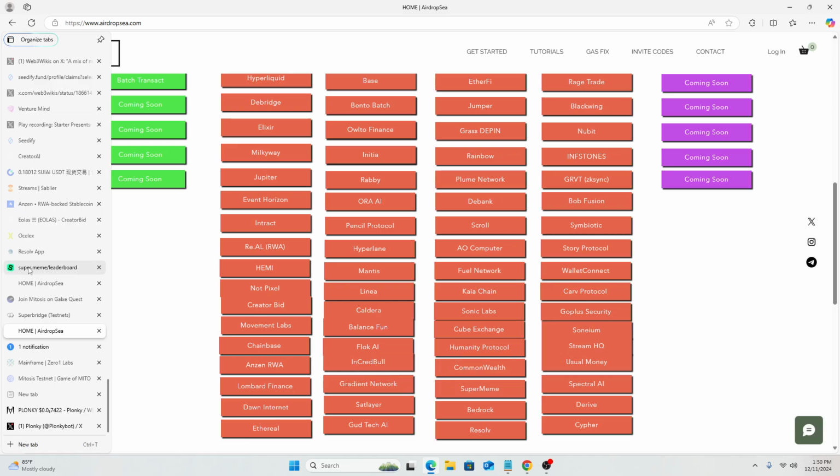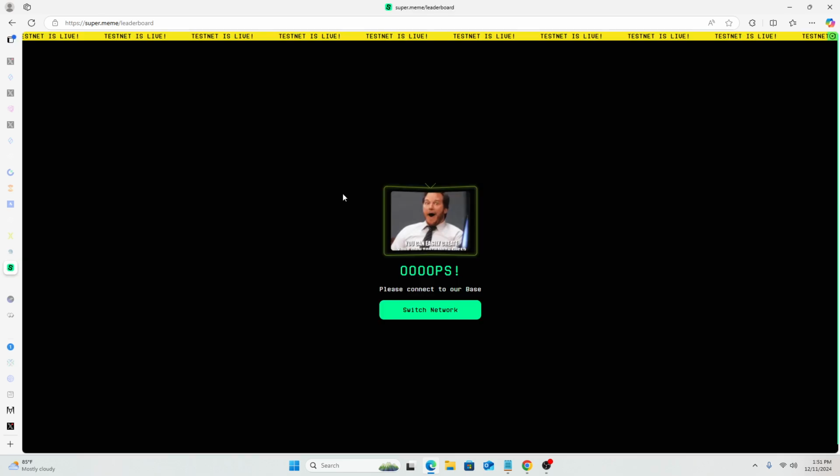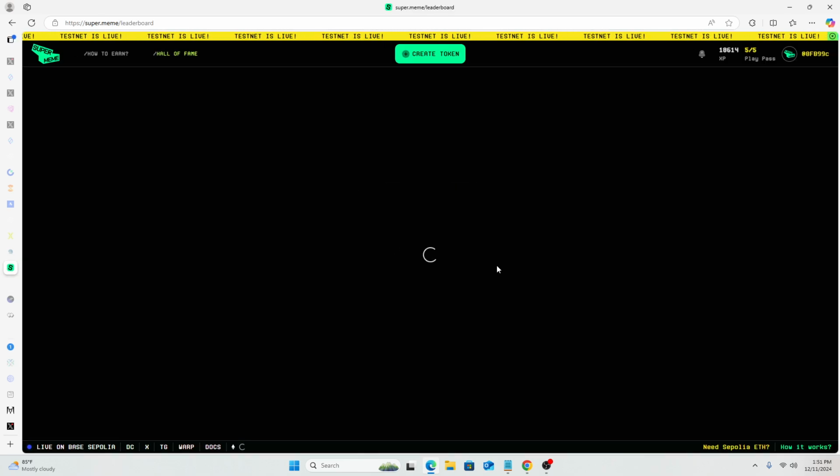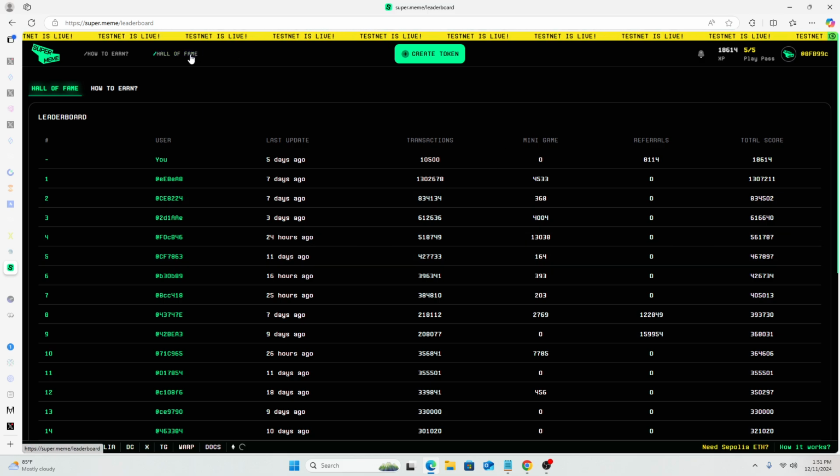So let's get started very quickly. I'll just show you the basic way of getting the airdrop. It is basically stress testing this application, and on the basis of that you earn XP. The XP will translate into your share of the airdrop.